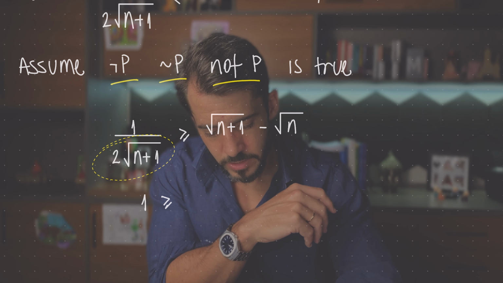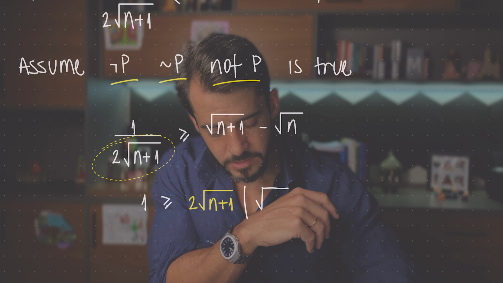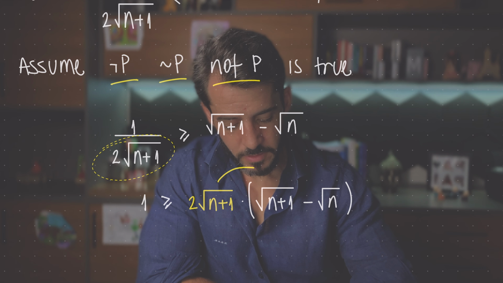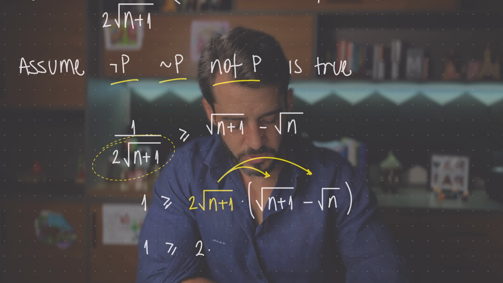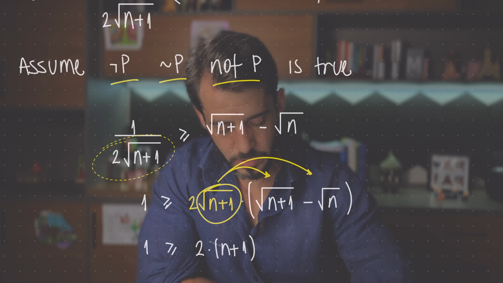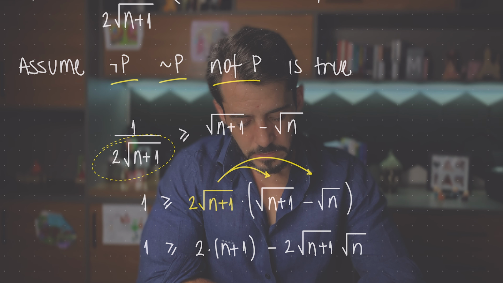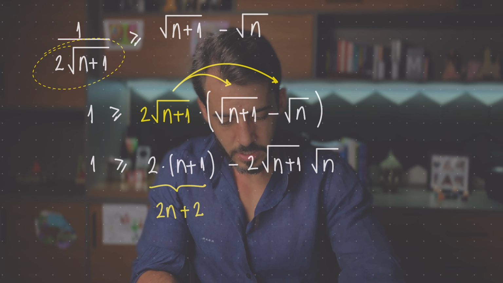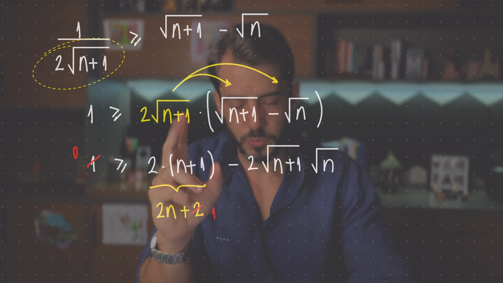So we have 1 is greater than or equal to 2 root n plus 1 times the right hand side, which is the root of n plus 1, minus the root of n. We can FOIL the 2 root of n plus 1, getting in the next step 2 times n plus 1 without a root, given that the product between these two is equal to n plus 1, minus 2 root of n plus 1 times the root of n. Now this is simply 2n plus 2, and we can subtract 1 from both sides, which gives us